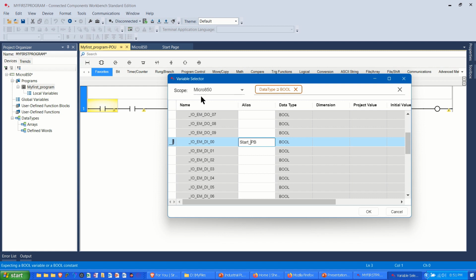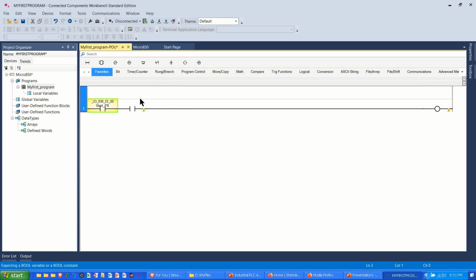This Micro 850 is the global variables, and global variables can be used by any program. So all of your inputs and outputs, all of your system bits, can be used by any program that requires access to that. I'm going to press OK,